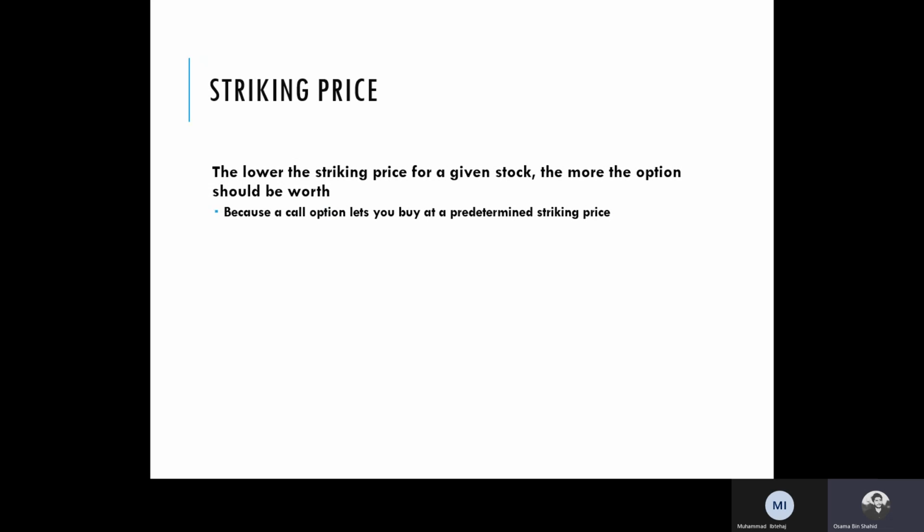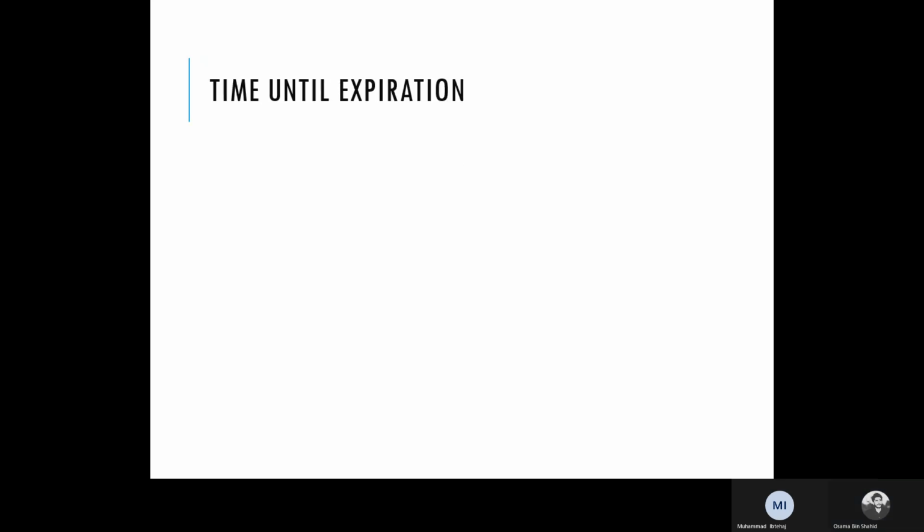And because a call option lets you buy at a predetermined striking price, if the strike price is lowered to a point that it is convenient for us to buy at a lower price, we have to give the high premium, because we are availing a lower strike price right now, and for that we have to give more premium. Time until expiration: the longer the time until expiration,